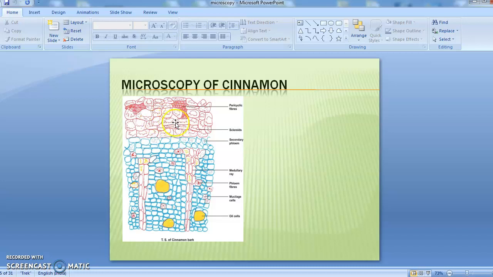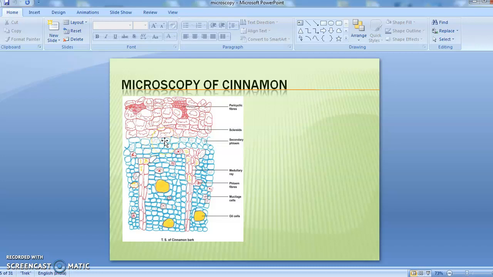and we can see here the most prominent cell, the cork cell, which is used for the protection of the inner cells. These inner cells are lignified in nature with thick walls, and they contain the phelloderm and phellogen. But the phelloderm and phellogen are difficult to distinguish from each other. Below the pericyclic fibers, there is a cortex.